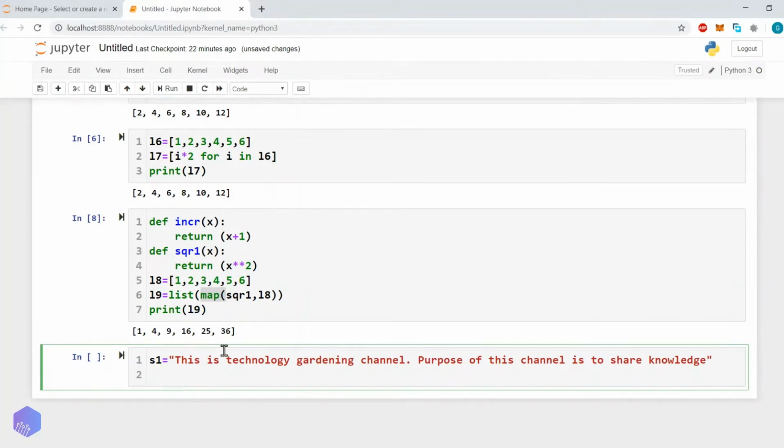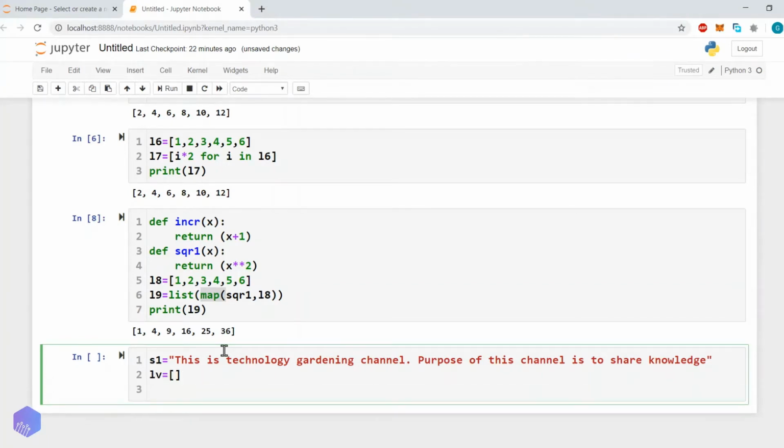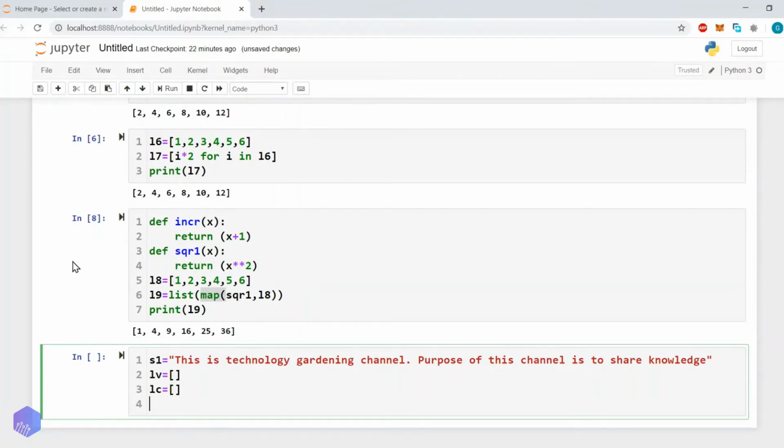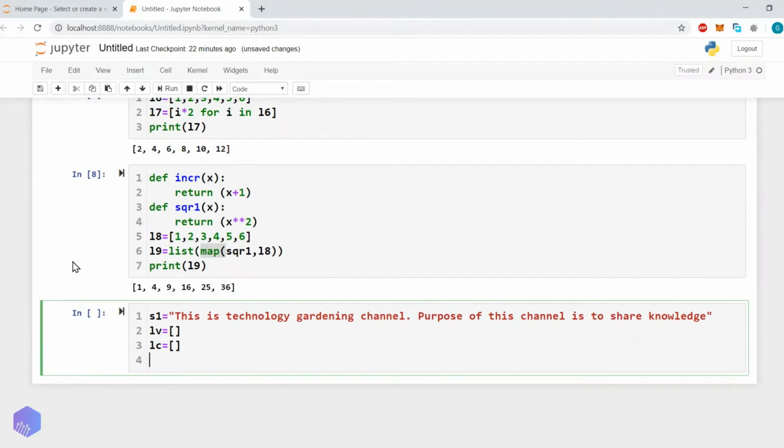So we will check whether the particular character is a vowel or not. If it is a vowel, then we will store it into, let's say, list vowel, and otherwise into list not vowel. So what will be the simple solution in a for loop? For i in s1